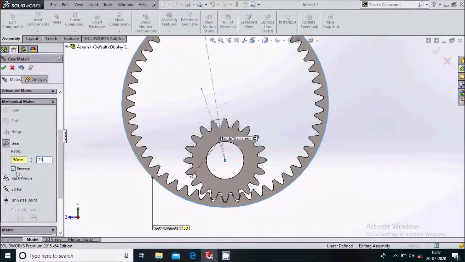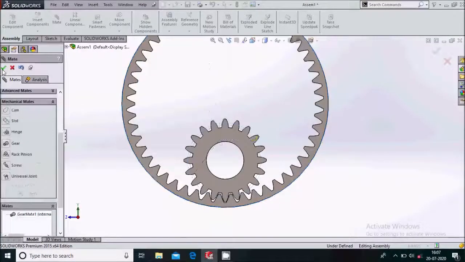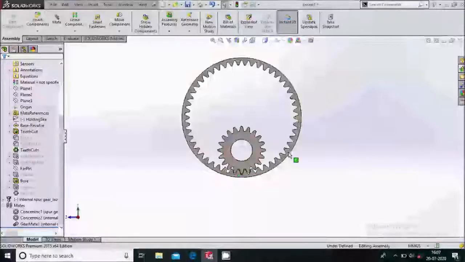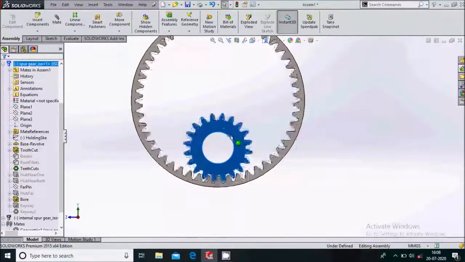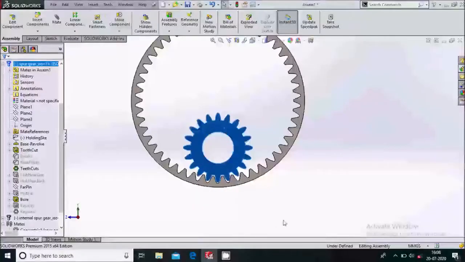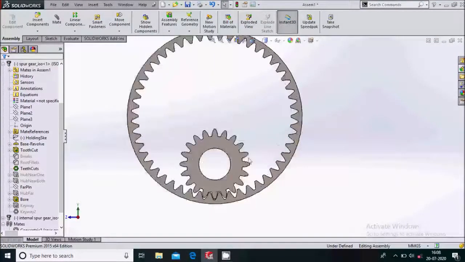So simply select this and uncheck this reverse and say OK. Now let us see if it is working or not. So you can see it is working, right? It is working well.